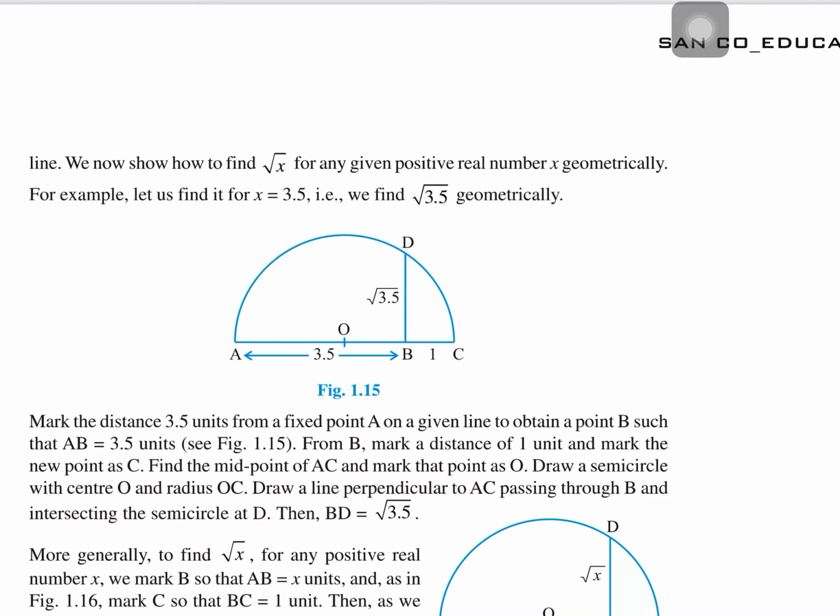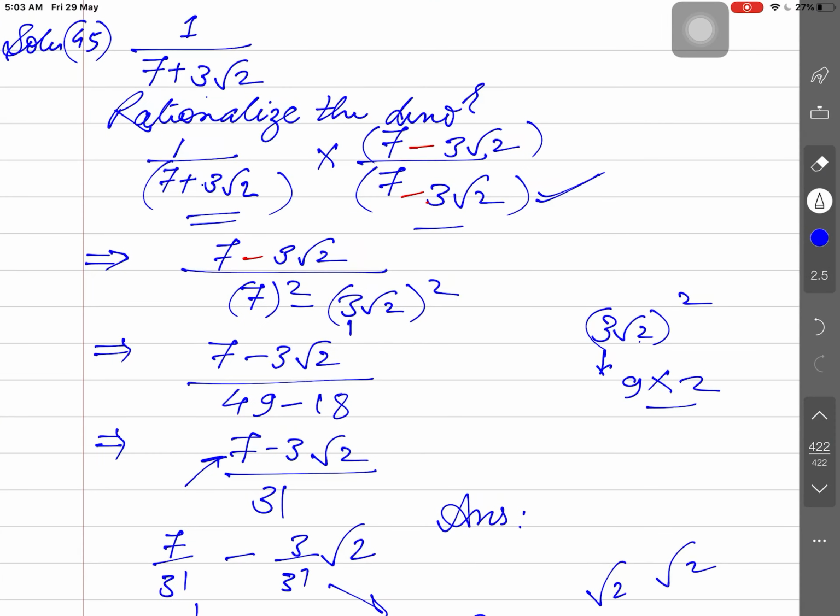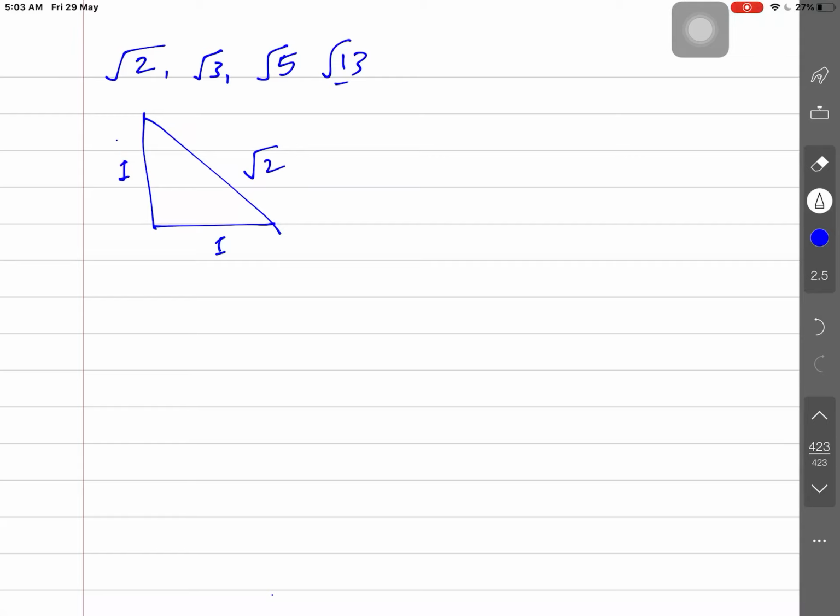The method which you have employed to represent the irrational number on the number line was there. Suppose we want to represent root 2. So we employed the Pythagorean triplet method here. We want to represent root 3, root 5, similarly root 13 is also there. Here our task is to break them into the two perpendicular and base terms. This side is unitary, this side is unitary, 1 and 1. So the hypotenuse will be root 2, taken as the value root 2, and further root 3 is also there.